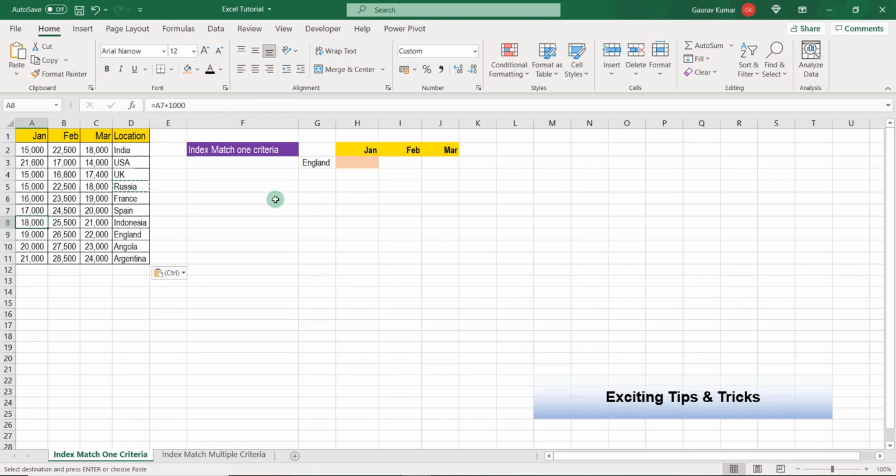Today I will show you how to apply index match with one criteria and when we have multiple criteria. So first I will cover one criteria, and this is the data set we have. We have revenue for multiple locations from January to March, and this is the table where we want to publish the data. So if I talk about the cell, we want to see the revenue generated in England in the